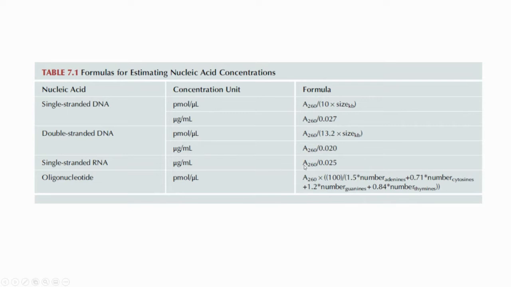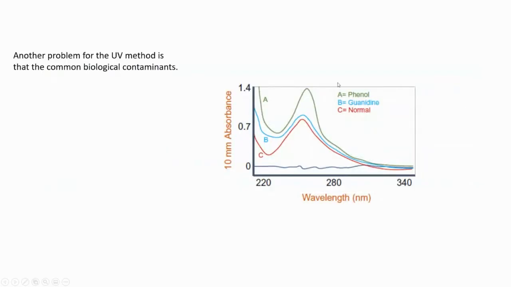Then for the RNA, 1 A260 over 0.025 will be 40 micrograms per milliliter. All right, so you need to know these two numbers, 50 and 40. And this is just to show the absorbance of different samples with different amounts of